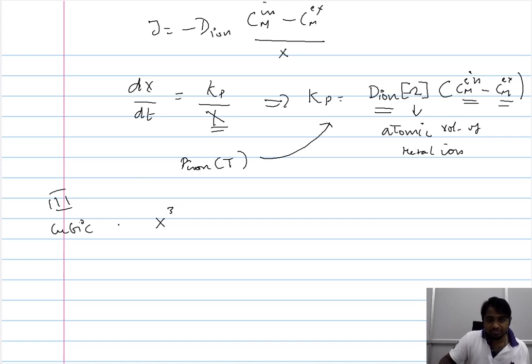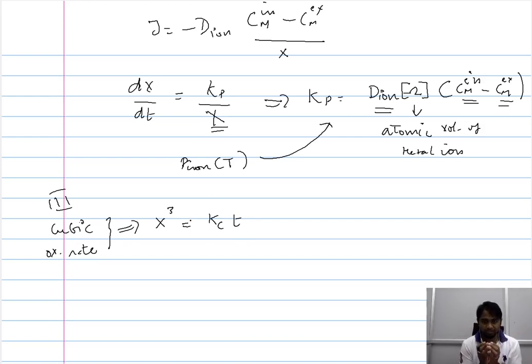The characteristic expression for the cubic oxidation rate is of this form, wherein the thickness at the instance T is governed by this relation. This has been purely an experimentally observed one. There is not much theoretical basis for it,